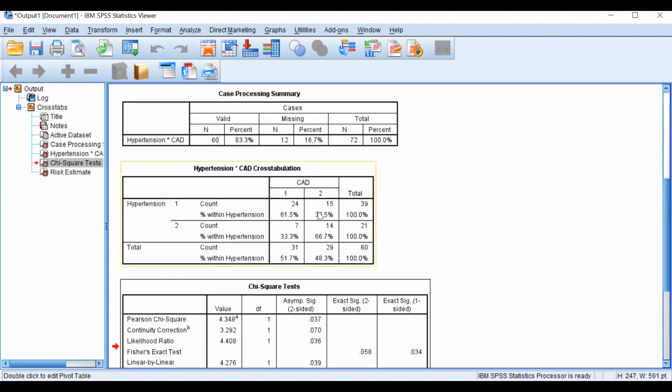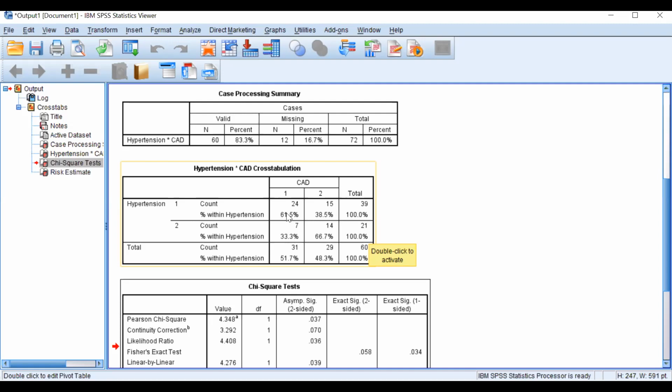Here you can see among those who had hypertension, 39 had hypertension, out of which 24 had CAD. So you can say that 61.5% had CAD. Among those who did not have hypertension, only 37 had CAD, that is 33%.